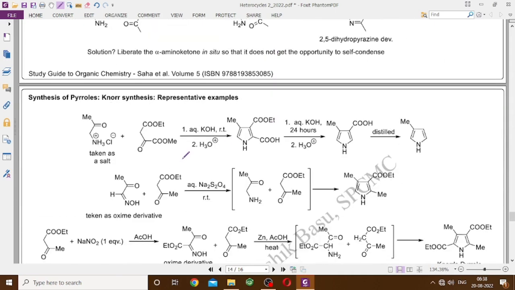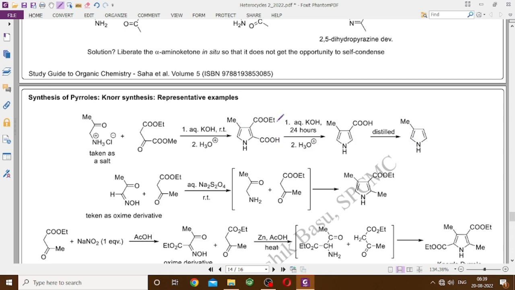And there are several techniques through which you can do that. You can take an alpha amino ketone salt. This nucleophilicity is not there anymore, and then you are reacting it with a beta keto ester where the carbonyl carbon's electrophilicity is still enhanced by the introduction of a CO2R group here, and treat that with aqueous KOH so that your NH3+ becomes NH2. Aqueous acid workup will give you this compound, which will eventually lead to loss of the CO2R and CO2H groups